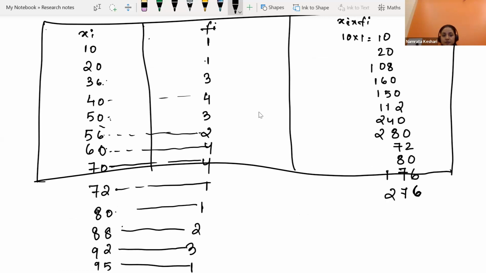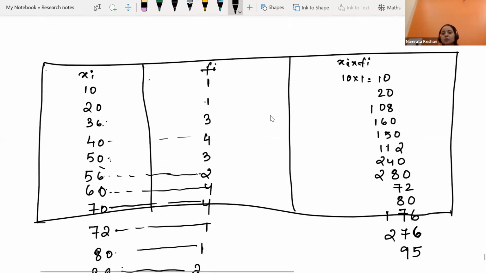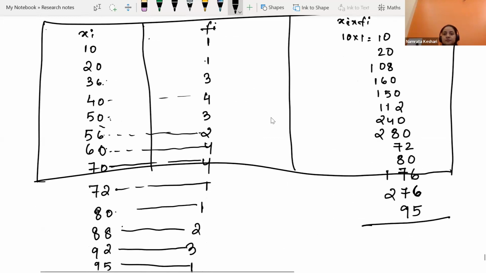276 and then 95. That's it. Now we'll be adding this all. 8 plus 2 is 10, 11, 12, 12 plus 6 is 18, 18 plus 6 is 24, 24 plus 5 is 29, 9 carry 2. 1 plus 2 is 3, 3 plus 6, 7, 8, 9, 9 plus 5 is 14, 14 plus 1 is 15, 15 plus 4 is 19, 19